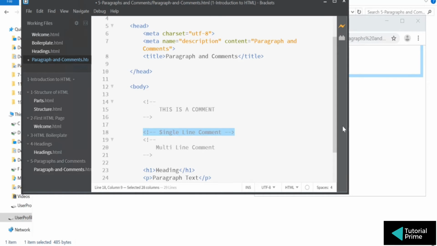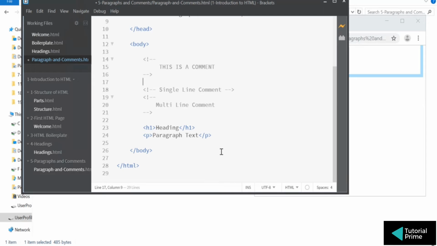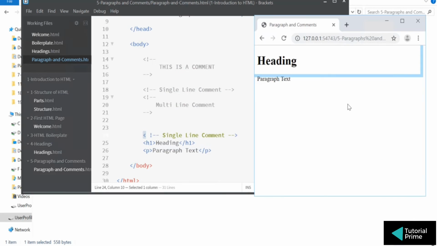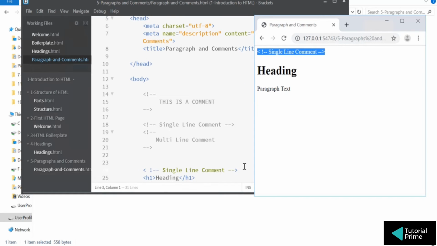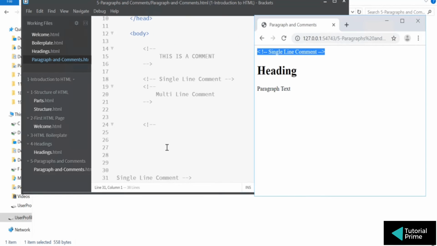And remember, this is not displayed in the output. So you are free to write whatever you want as documentation. For learning purposes, you can start writing comments. Okay, and don't make this one mistake. When you write a comment, don't add a space here. Once you add a space after the less than symbol, it will be visible in the output, because that is not a comment. Make sure the spaces come after you have added the dash dash. After the dash dash, you can add any number of spaces and it will be fine. It will not be displayed in the output.